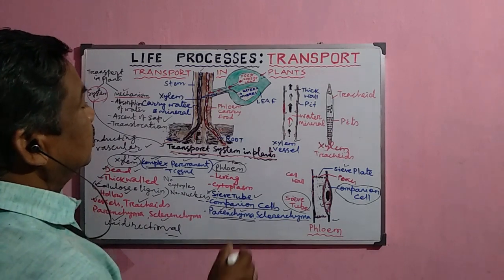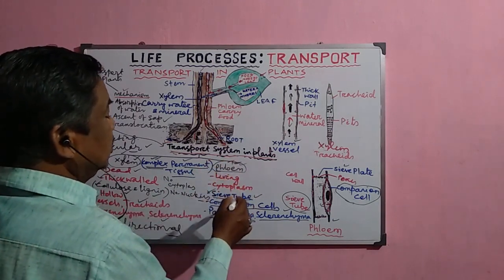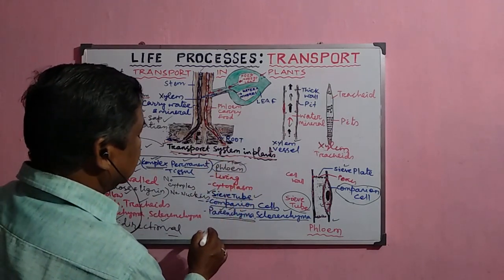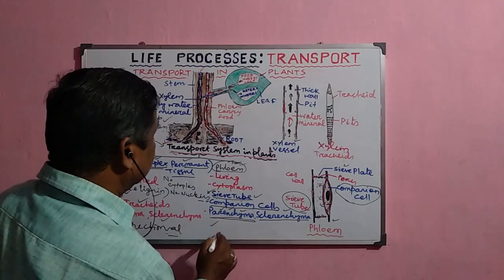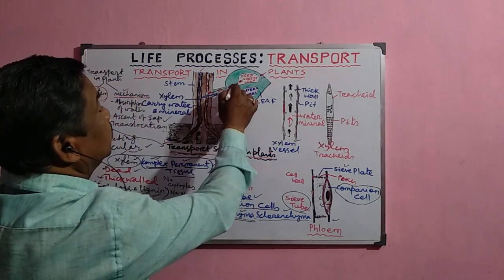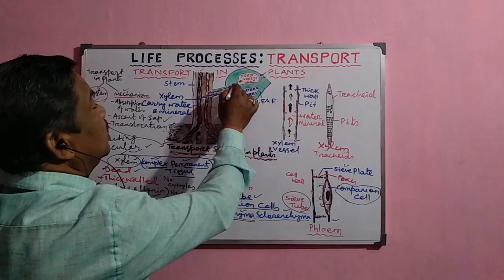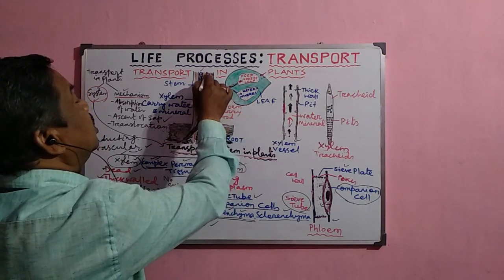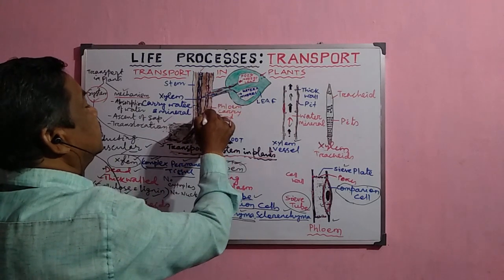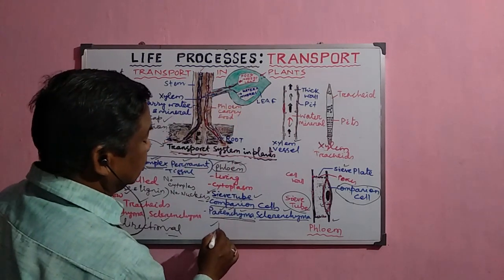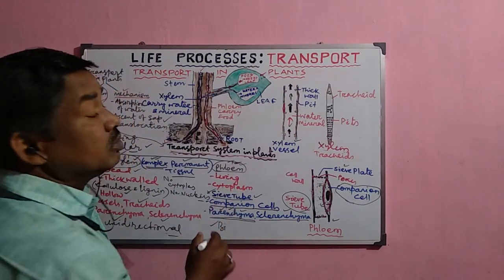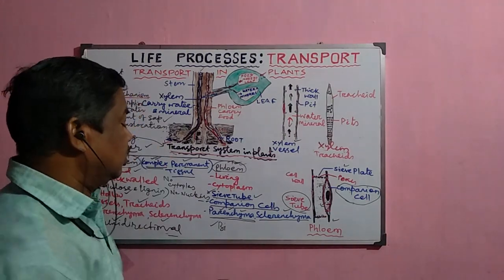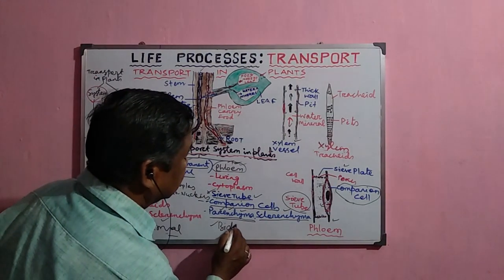process. And now, another important tissue, that is your phloem. In the case of phloem, the food materials are transported from here. Look at the pathway. It passes from here to the stem and it goes in the upward direction as well as in the downward direction. So that is why the movement of the substances or prepared food in the case of phloem is bidirectional.